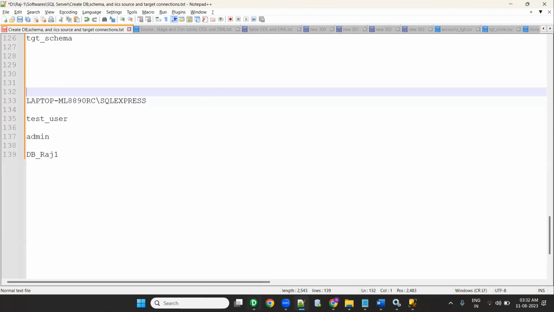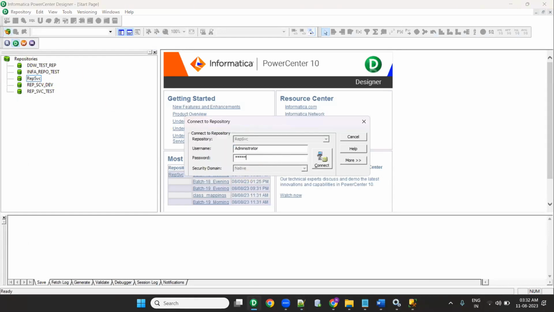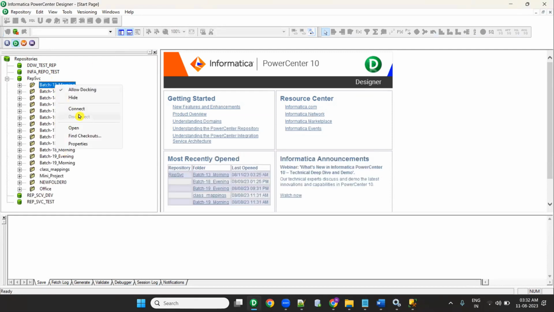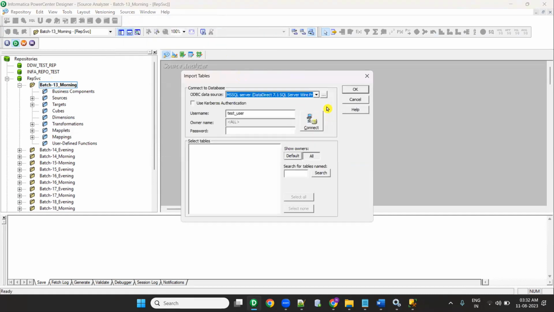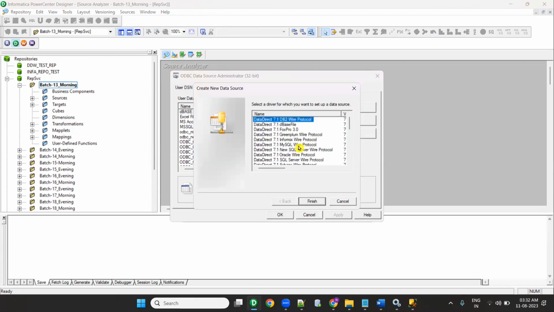So now open Informatica PowerCenter. Connect to the repository first. Now open any folder. Go to Sources, Import from Database. Click on the three dots. Click on Add. Here select